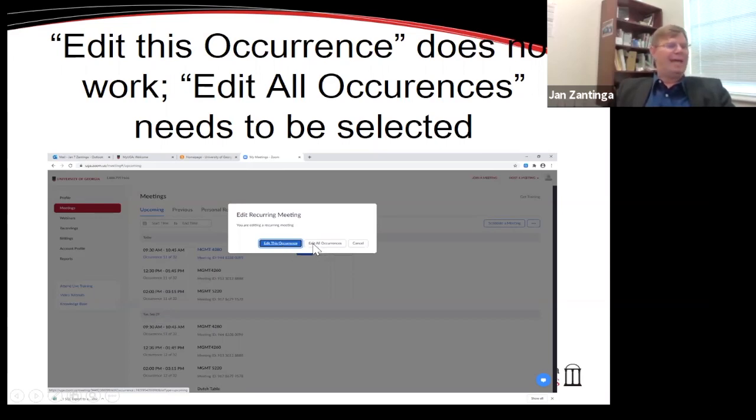You have to edit, as of now, it may change because again, Zoom is working very hard to increase the functionality, and I really appreciate them doing that. But for now, you have to click on edit all occurrences. That would be the only way for now that I have seen to make this work. It may very well change in the future. I would recommend that you try both ways and see if it works.